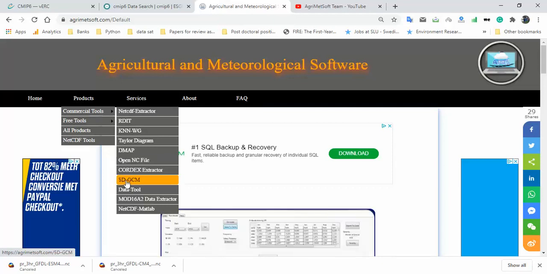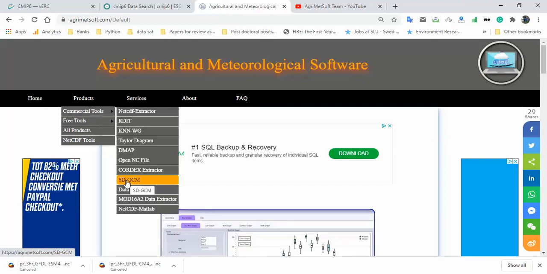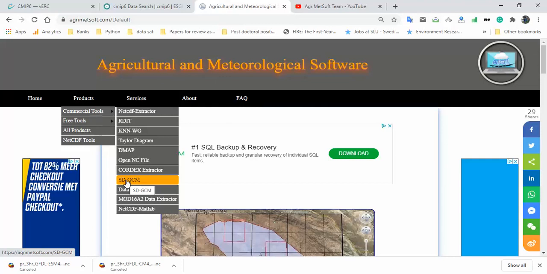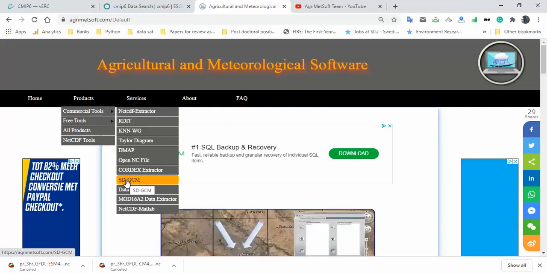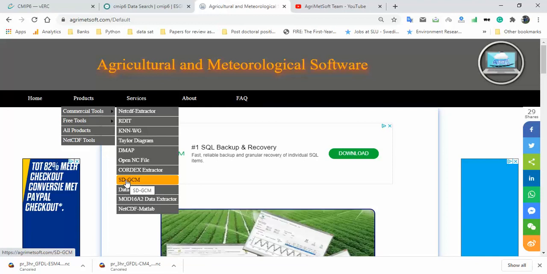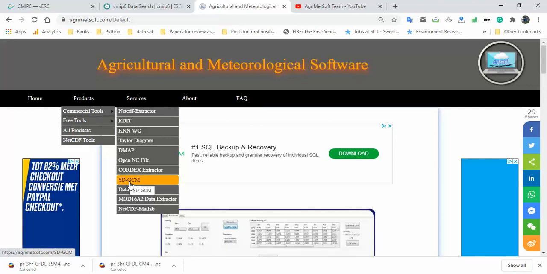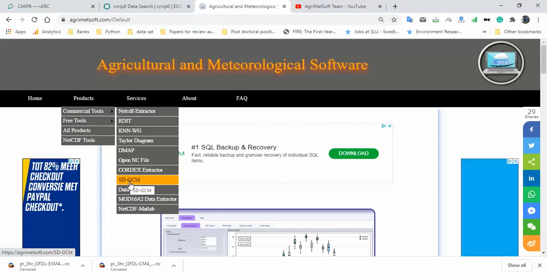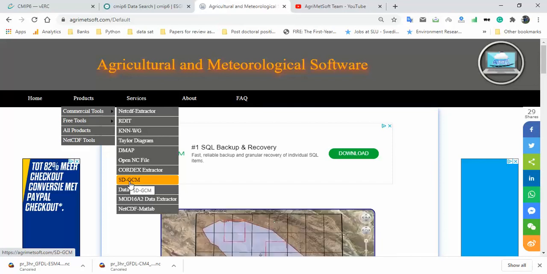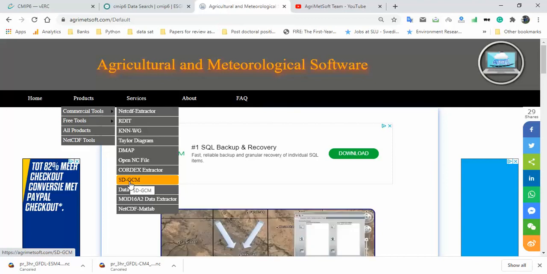As I told you before, since CMIP6 and CMIP5 have coarse resolution, they wouldn't be applicable for a small case study, so you should downscale them. In this regard, for downscaling them, the SDGCM tool was developed by the Agrimasoft research team for you. With this tool, you can use three important statistical downscaling methods to obtain a finer resolution of your